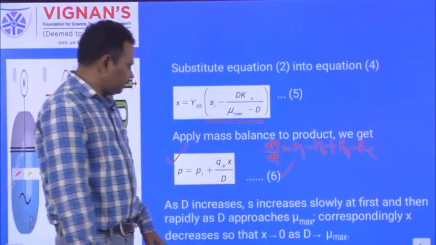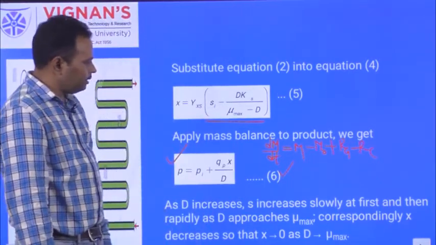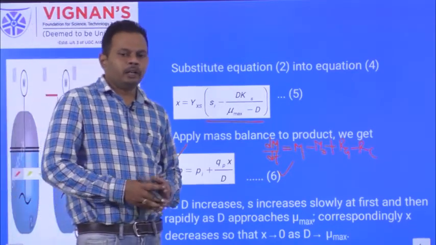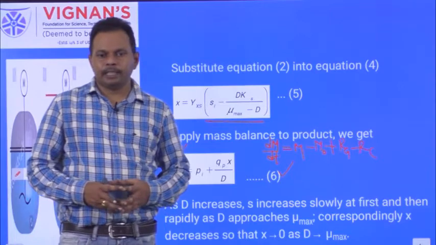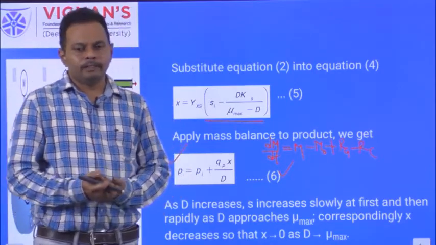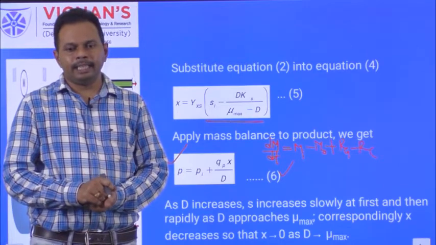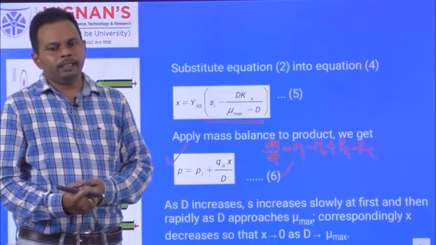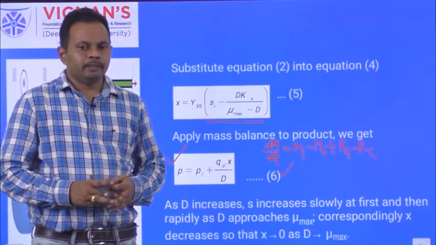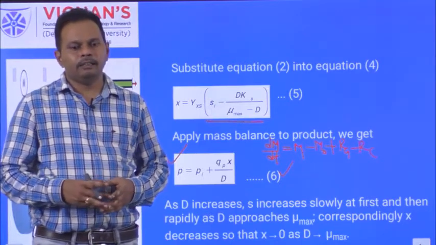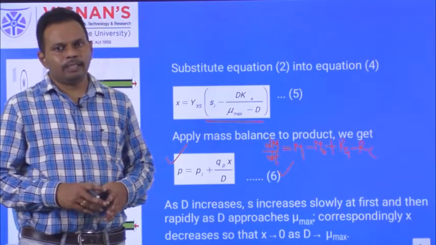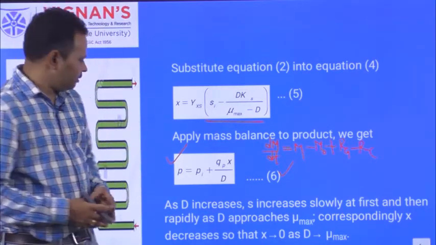Next, our target here is to find the optimum dilution rate. At the optimum dilution rate we can obtain the maximum amount of biomass. Before you find the optimum dilution rate, it's very important to find the critical dilution rate. What does the critical dilution rate mean? Here, at the critical dilution rate, a small change in input conditions can cause the maximum variation in the product quality and the concentration of the biomass.